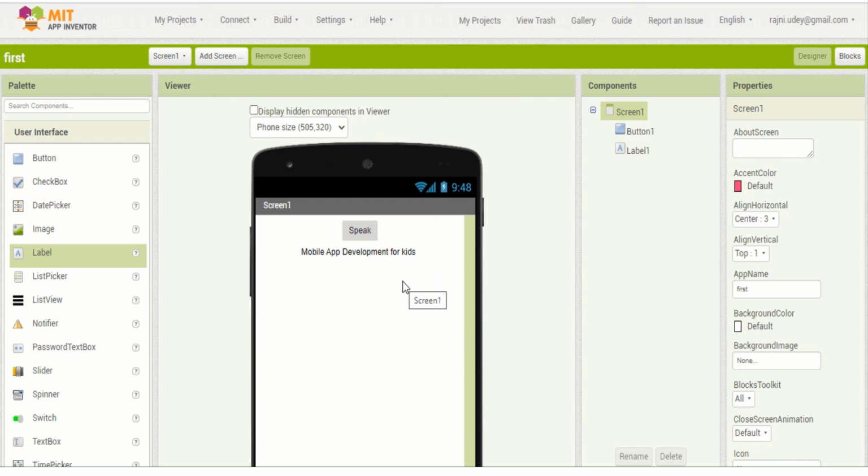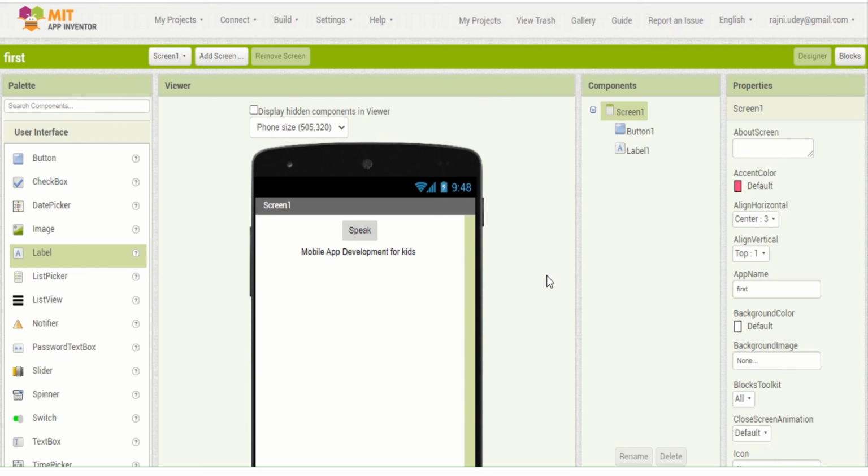So to provide the functionality, we have to go to the blocks mode and write the logic to speak something, so that my mobile should speak. This blocks coding will be discussed in the next video.